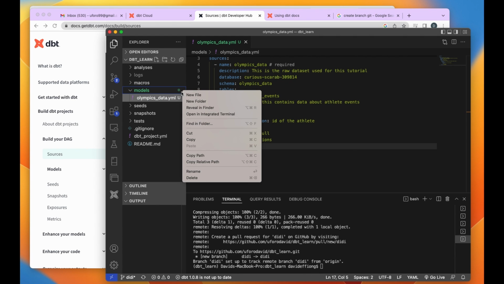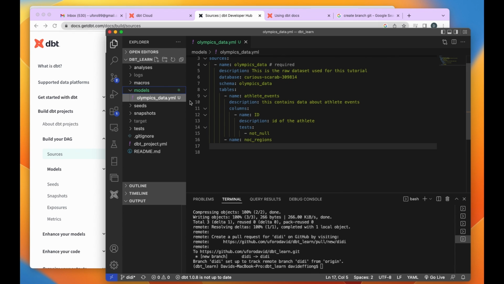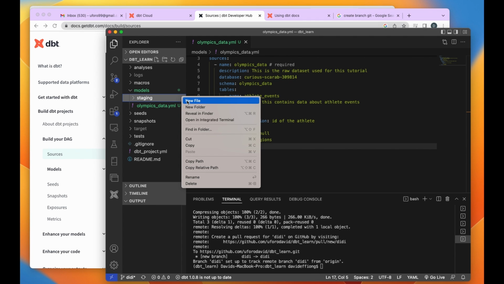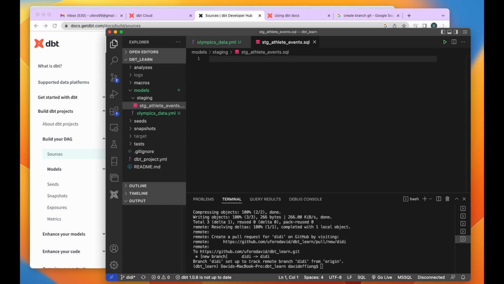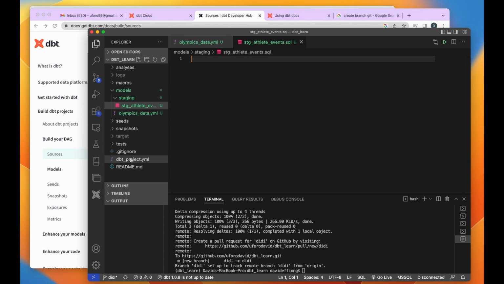Then I'm going to create my first file, or before then I'm going to create a folder within this models directory. Within the models directory, I'm going to call this folder staging. All right, and within this staging folder, I'm going to create my staging file. I'm going to put stage in front. For my first table, I'm going to call it stage_athlete_events.sql, right? So every model within dbt should have a .sql extension,